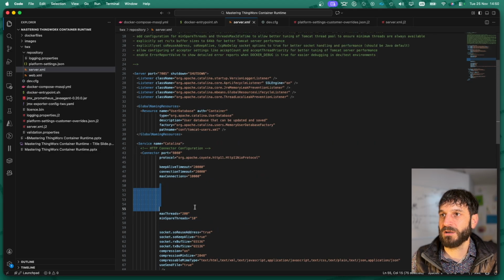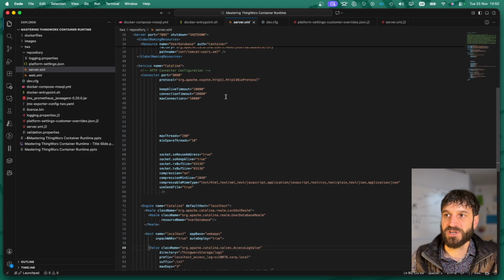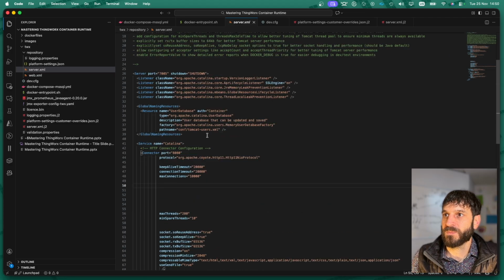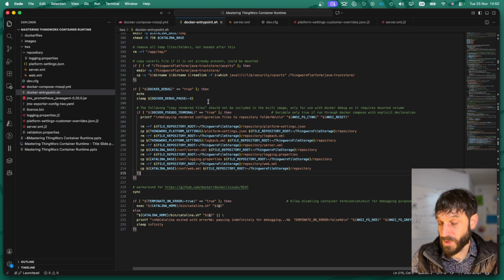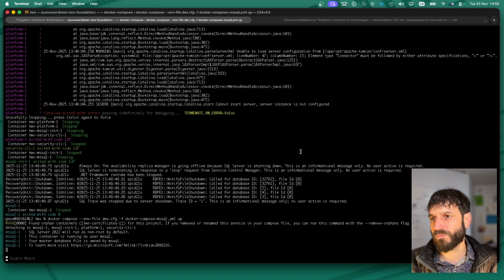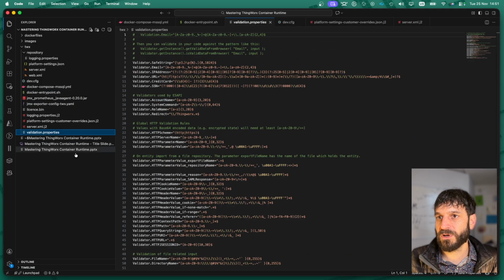Anyway, I can see in here the actual rendered file. So here it's got colorized, it's got syntax checking. So although we don't have a linter on the container, I can use the linter on this other thing, VS Code. So that's just a little bit of another tool that I added in there. And then what else? So that should be able to start correctly with that new server XML. And I think there's one last thing to cover, which is this